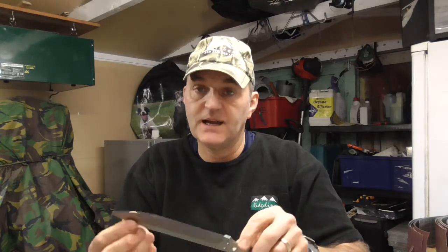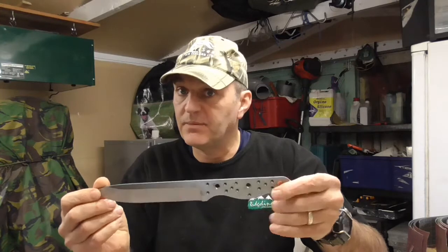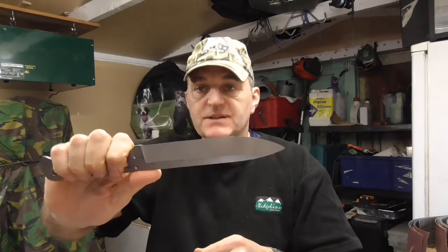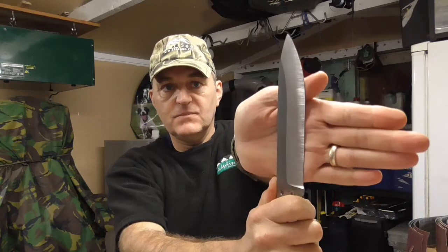I think something like this in a 3mm with a 30° Scandi bevel is probably what I'm going to go to, looking at Mark 4. Before I start messing about hardening and tempering this, that's probably what I might be doing. That would give it really good height, about 6.25 inches. I've got a ruler hung here, so centimetre-wise, it's 15.5, just shy of 16 centimetres on the blade,